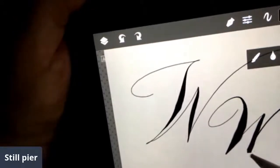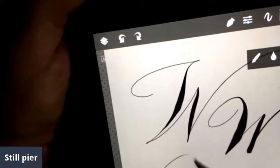You want these to be points. You don't want them to be...